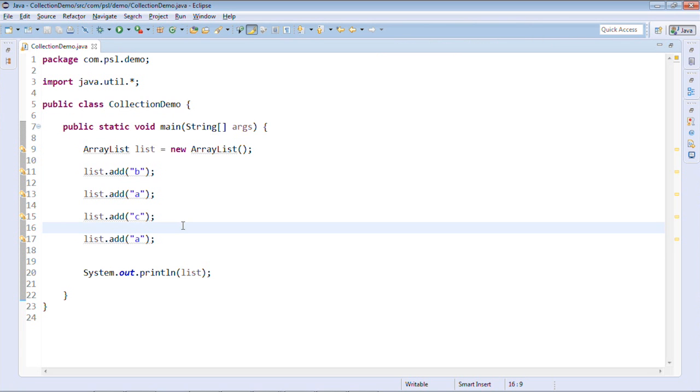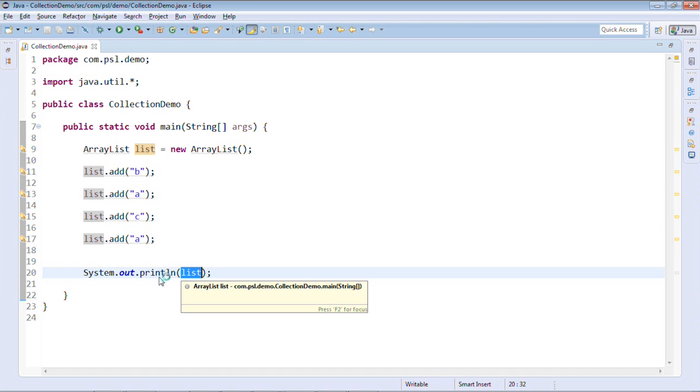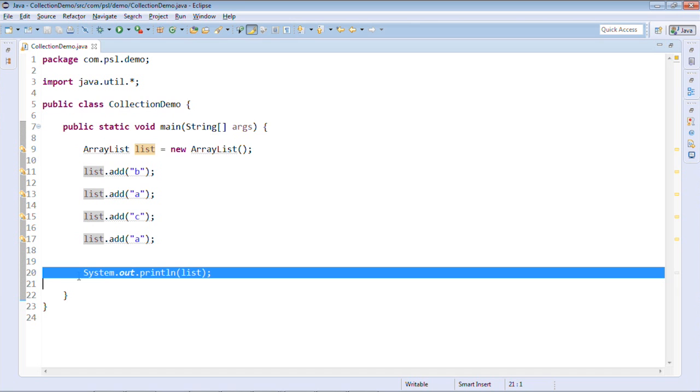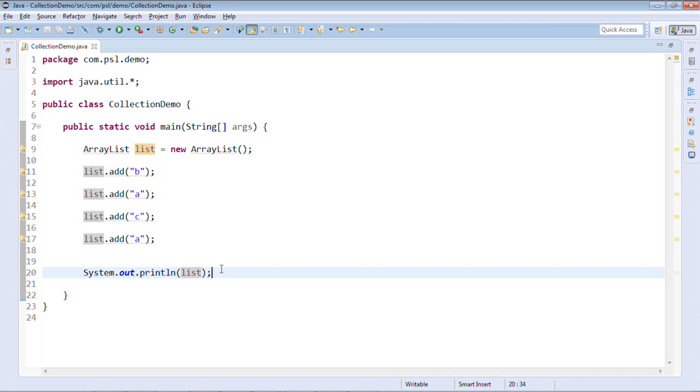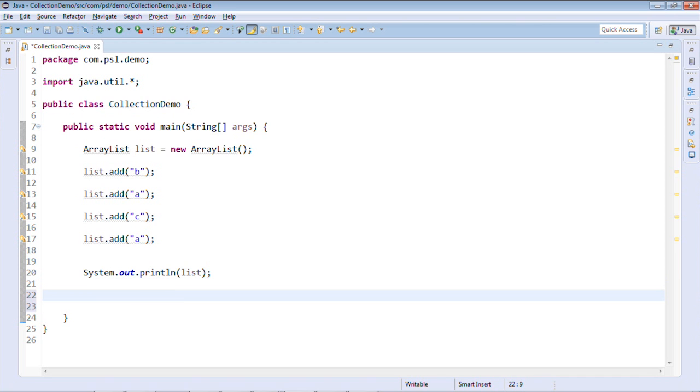But actually, if you see, it is just displaying data, right? We are using System.out.println, we are just printing the data. This is not an actual way to retrieve the data. So here is one more thing: you can remove or add data, and you can get the data by index as well. So you can use a method called